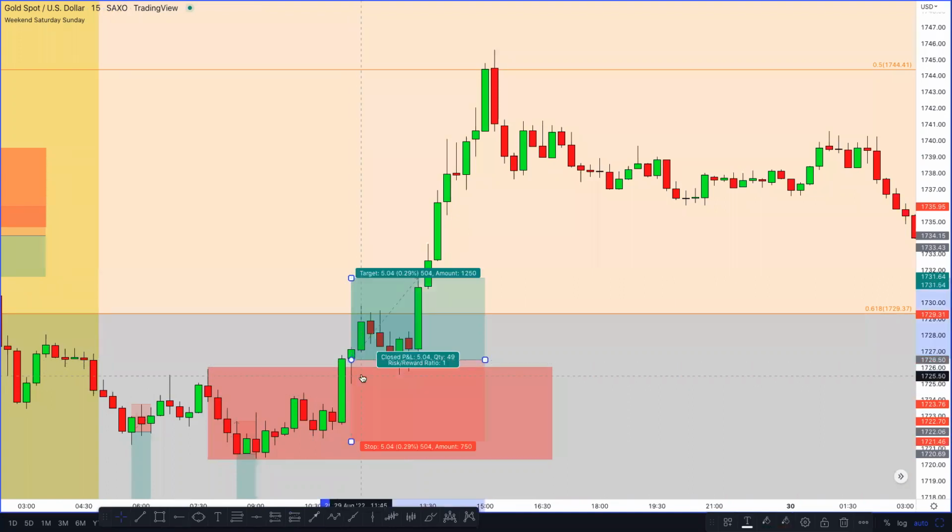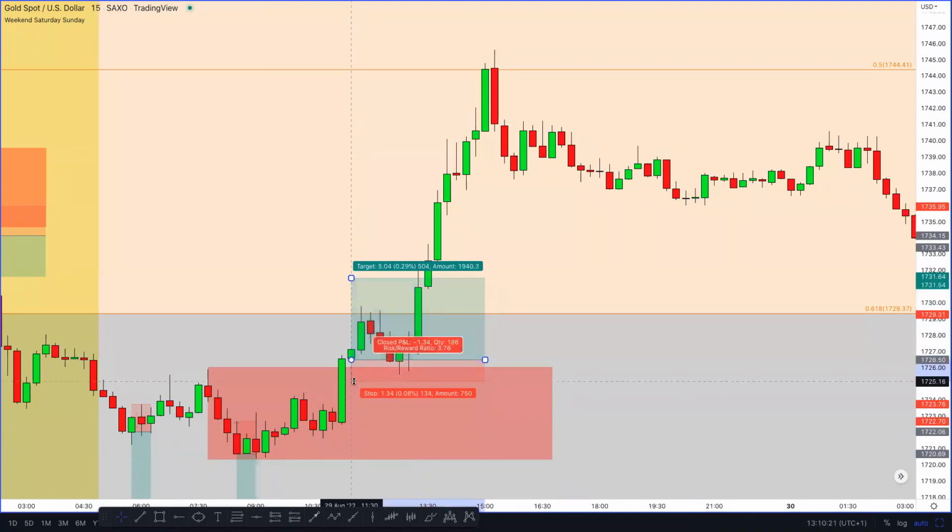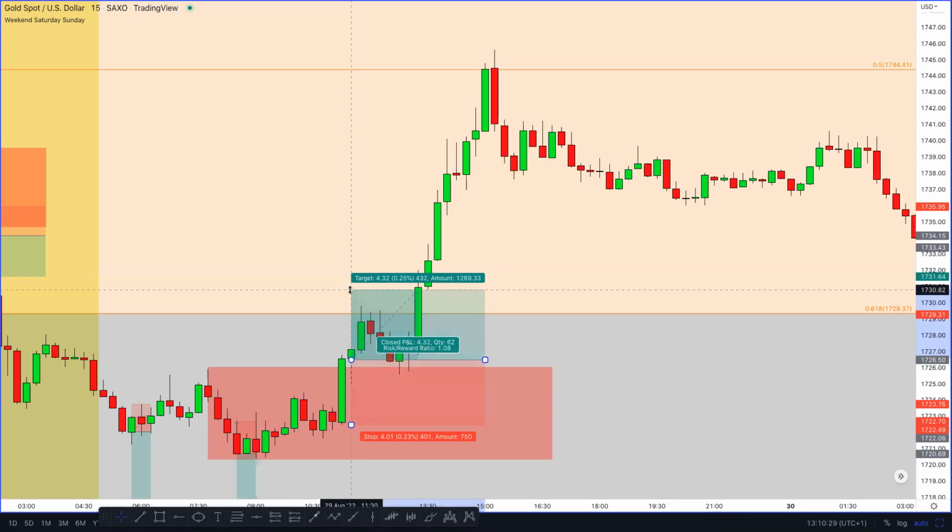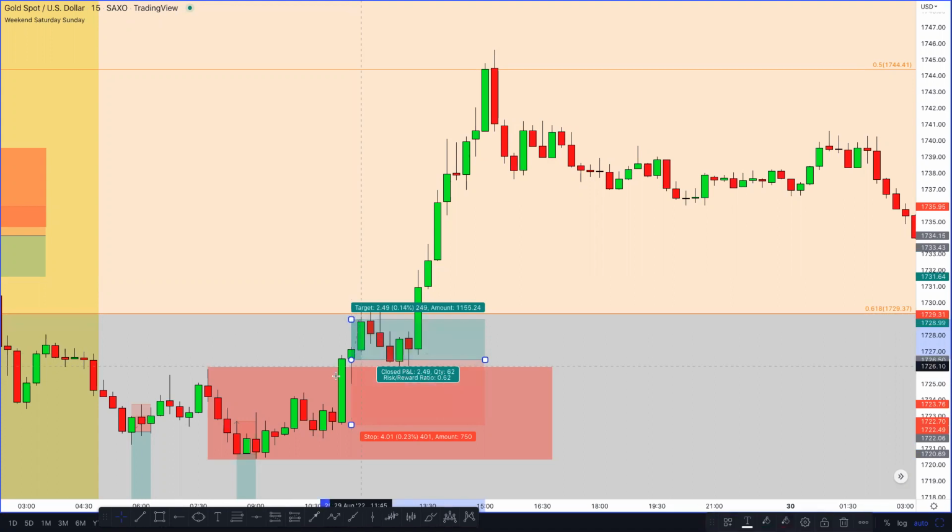So now we can say here, we put this here. The breakout candle was this one here, sorry. So we've got a bit of a bigger stop loss this time. How many pips is this? It's about 40 pips stop loss. So realistically, even though we're negative, we only wanted 25 pips from this trade. So we could have come out here. Again, this is not great because obviously you would have lost more than you made, but it did hit our 25 pip target, which would have put us back into profit.